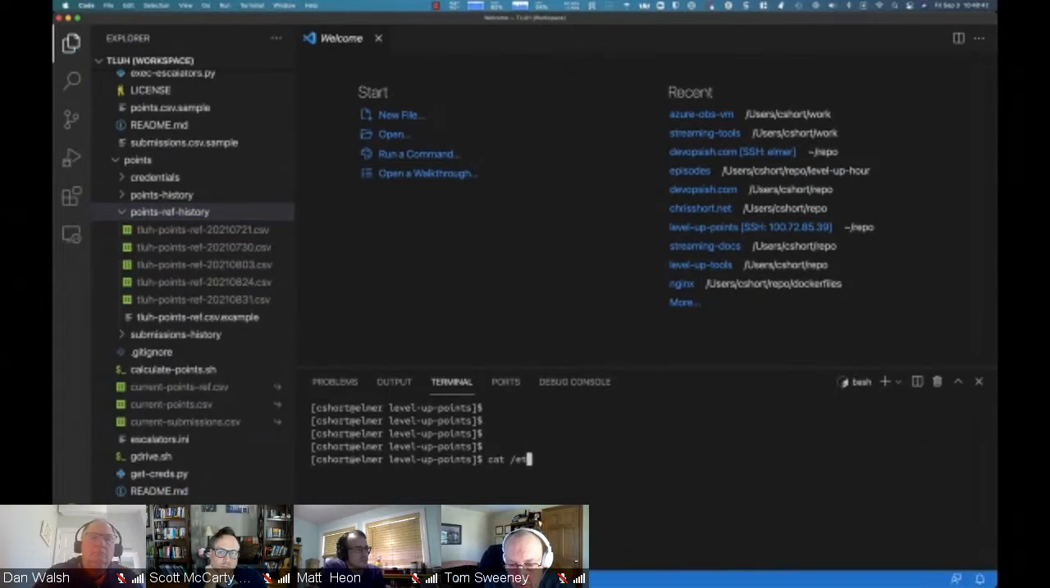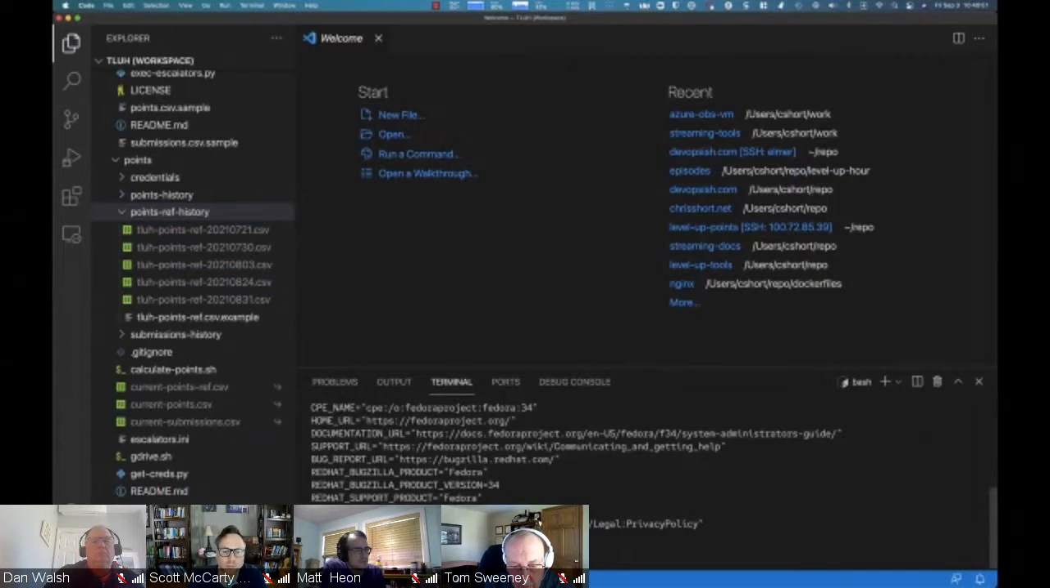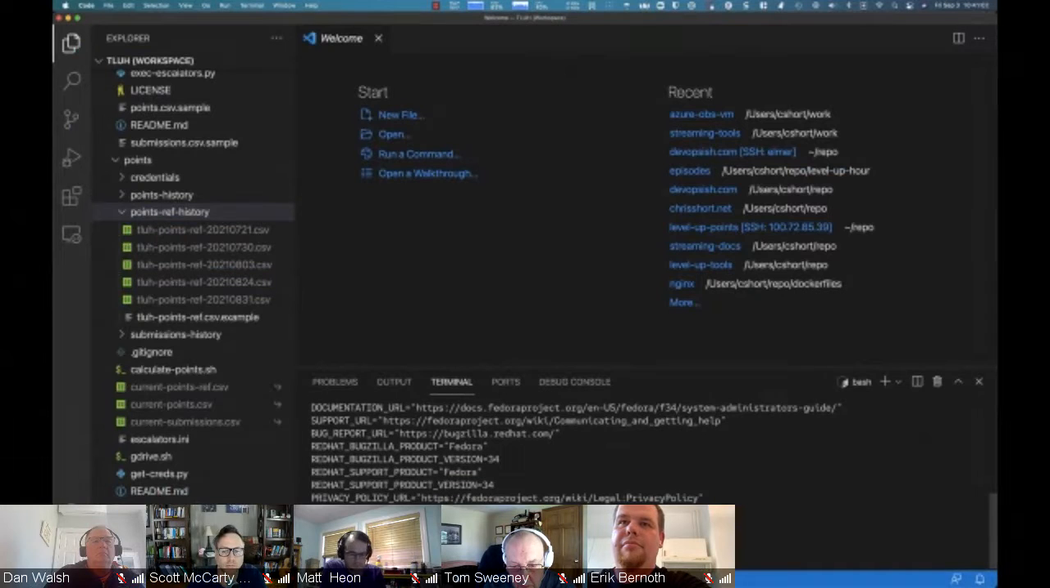So to prove that, I'm on a Mac right now, you can tell just from the UI. Let's do this, OS release. Hey, look, that's a Fedora 34 box. So I'm fully in my IDE using that terminal on a Fedora 34 box, which means for level up points,